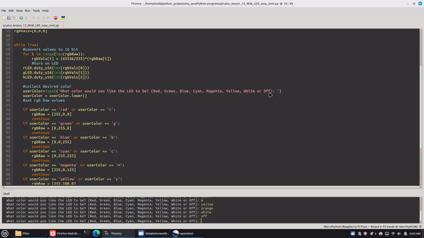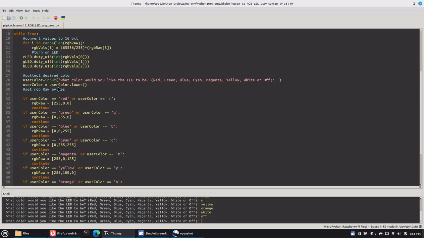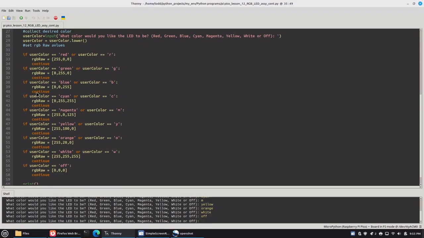I added an off option to the colors that you specified. Switch everything to lowercase so there's no confusion there, and then for each if statement based on the color entry, I added the letter as well as the actual color. We'll set the RGB values,